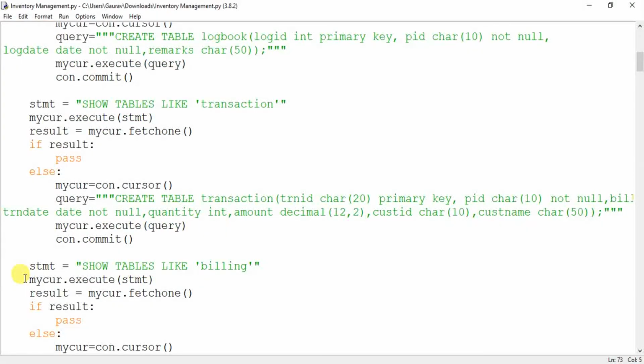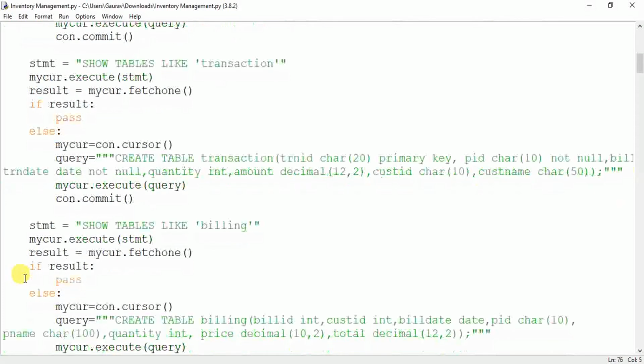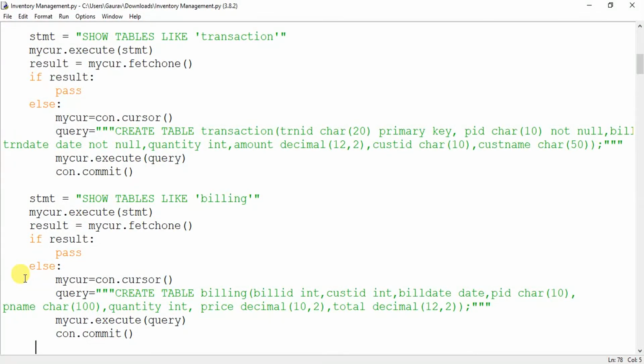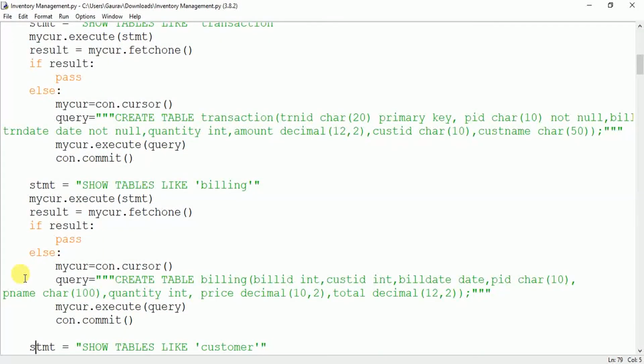This will generate the actual bill at the end. When you go to a mall and you purchase a lot of products, and at the end you come to the billing station and you get a complete bill. So this billing table will be dealing with all the products that you have purchased in a particular go, and it will generate your bill. Okay, so it will have a bill ID, customer ID, bill date, product name, quantity, price, and total.